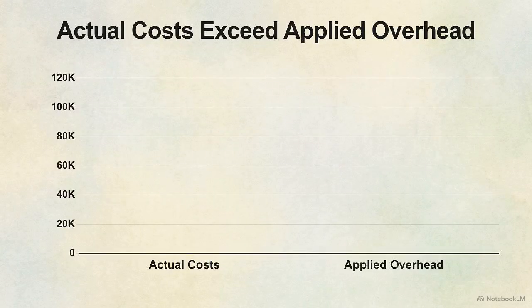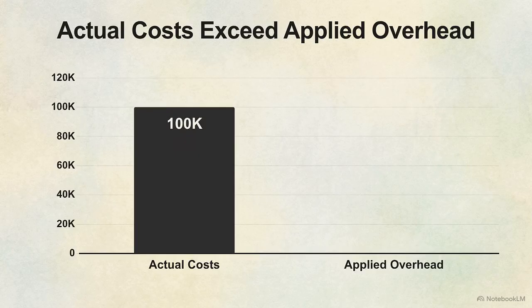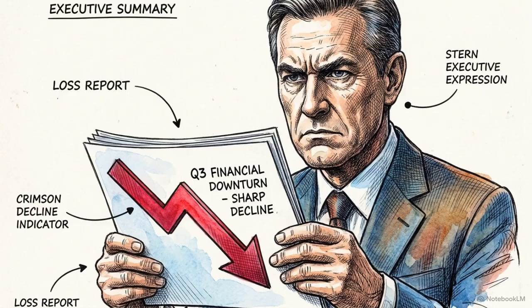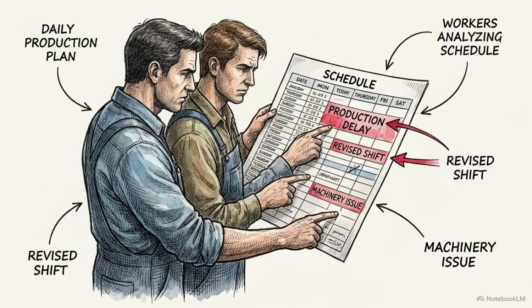By definition, the total overhead variance is the simple difference between the actual overhead costs a company incurred and the amount of overhead it applied to its production. Relying solely on this aggregate number creates a severe problem for management. An unfavorable total variance flags that a financial target was missed, but it cannot tell you who missed it or